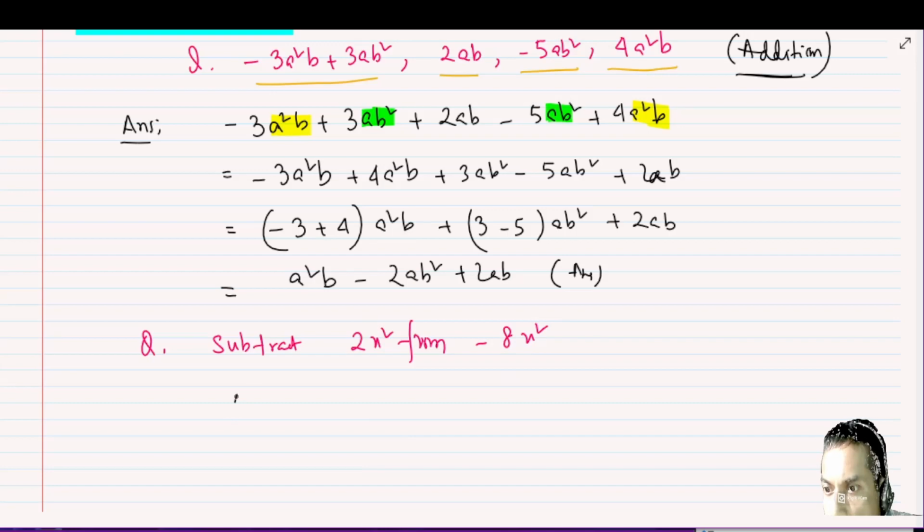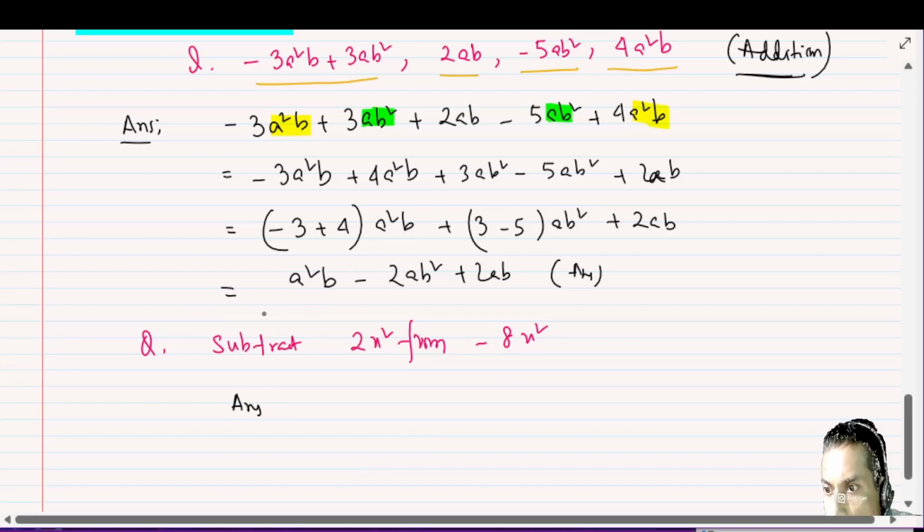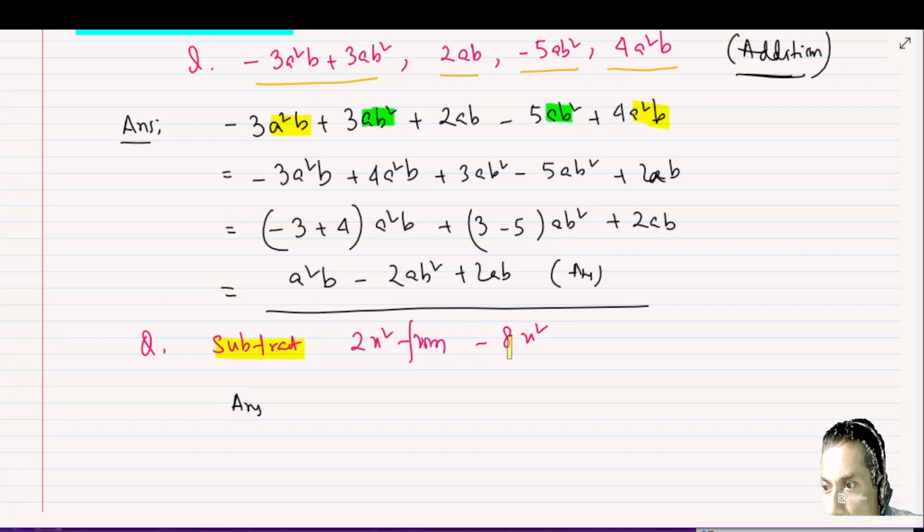It's very simple. This is the subtraction. From minus 8x square you have to subtract 2x square. Clear? So you write the first expression on the left side, minus 2x square, and here you write minus 2x square. So the answer will be,